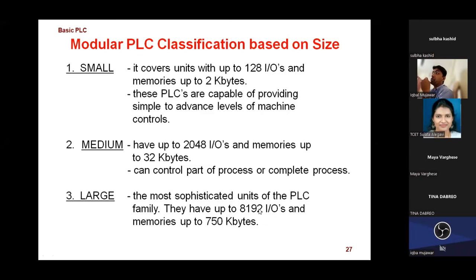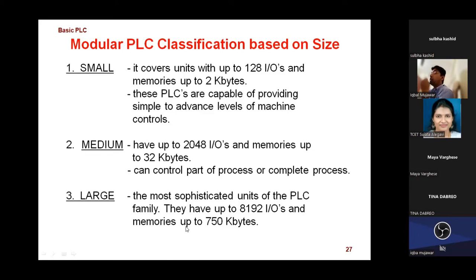Just see how huge that is. If I do the ladder coding of 2000, 4000 codes, and I'm having 8192 input output pins, just see how complicated it is to manage this entire system with a single PLC. Because of that, initially I said the disadvantage is that skillful workers are required. Then we also need to connect the proper addresses, proper devices, and the ladder coding. Then only I get the required process as per my requirement.